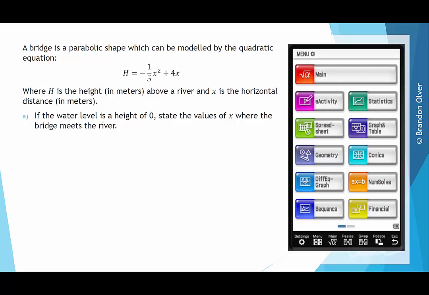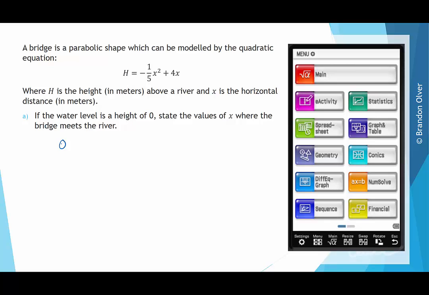A bridge is a parabolic shape which can be modelled by the quadratic equation h is equal to -1/5 times x squared plus 4x, where h is the height in metres above the river and x is the horizontal distance in metres. If the water level is at a height of 0, state the values of x where the bridge meets the river. So the height of 0 means h in the equation above can be substituted for 0, so